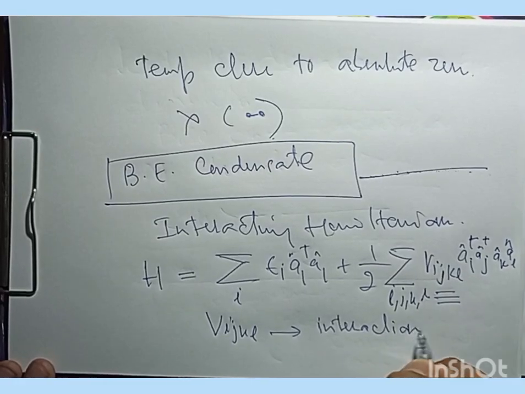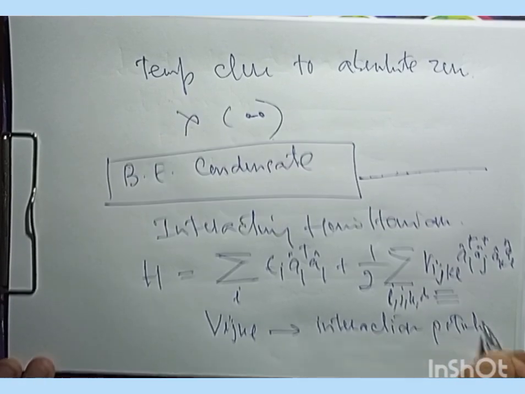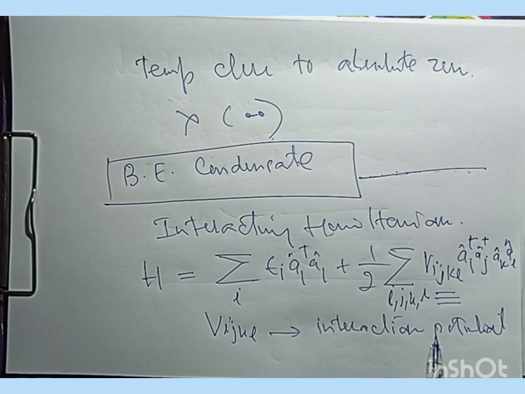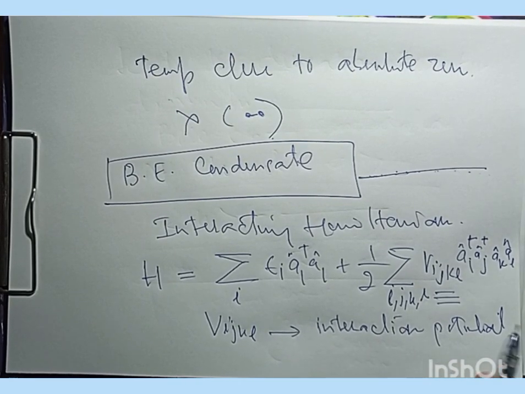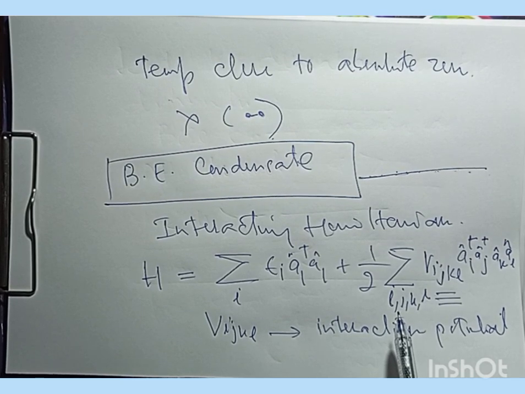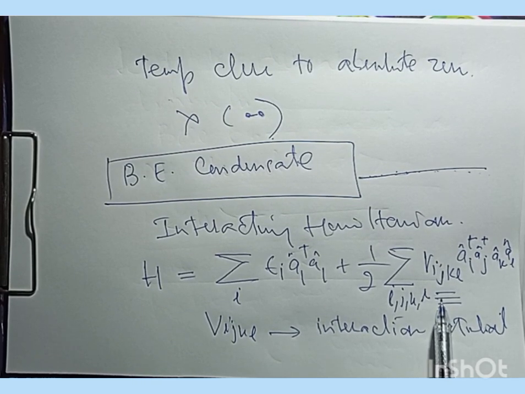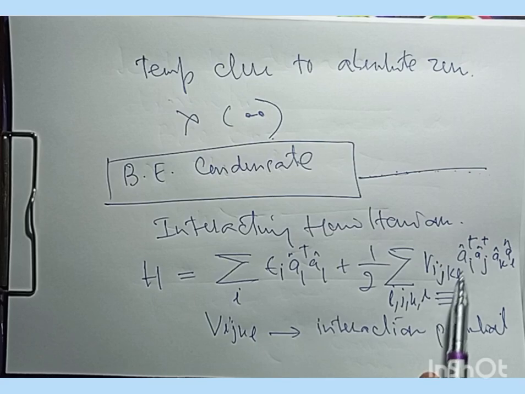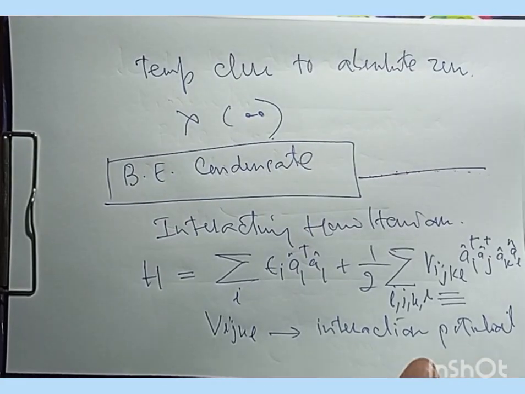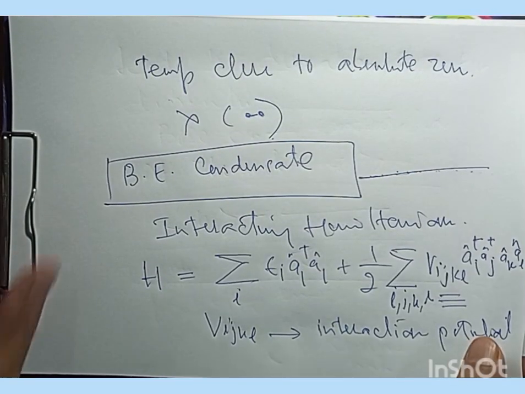It represents the interaction potential between the particles. So you have the particles, and if there is any kind of interaction between them, then you have an interacting Hamiltonian. Now, in the context of Bose-Einstein condensation, the interaction between the particles leads to a correction to the properties of the condensate that we have. That's described by what we call the Gross-Pitaevskii equation,